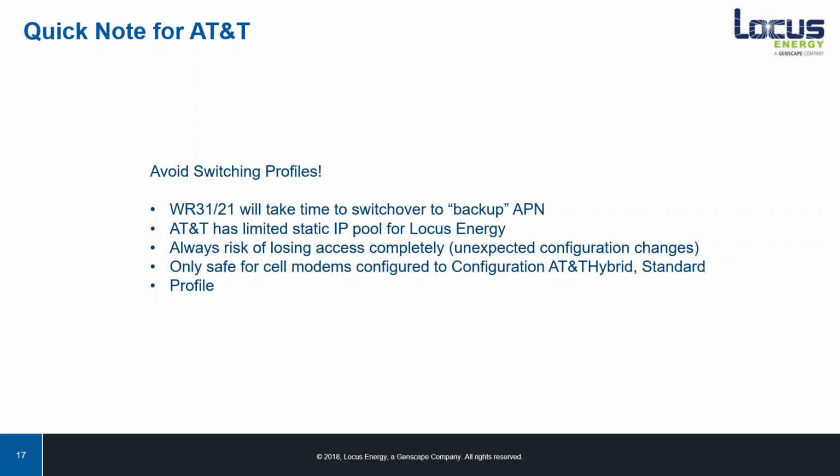So in some cases, you may run into trying to troubleshoot a site. It might be connected to the internet, and you try to access it remotely by switching the profiles, and then you end up really losing a lot of time, or perhaps missing the window entirely because we're no longer connected to the internet. And of course, once you try to switch it back, no guarantee you'll connect right away either. It does take the Digi some time to switch back to its